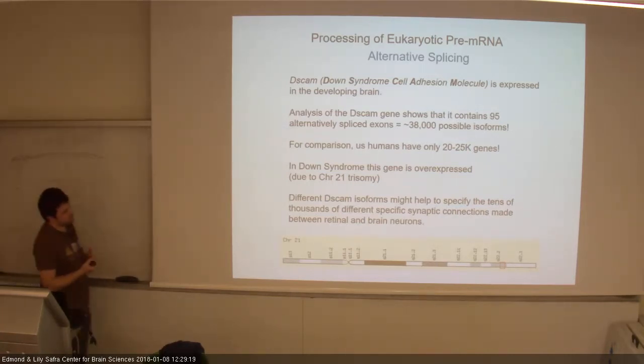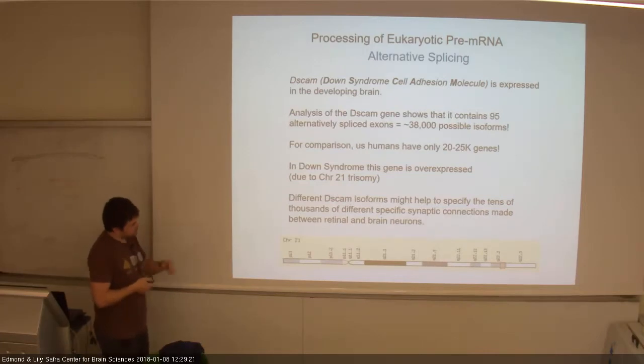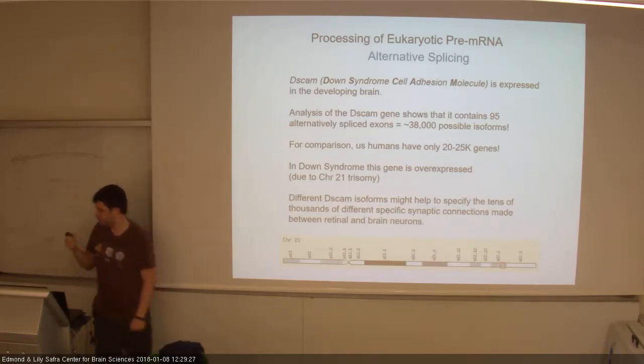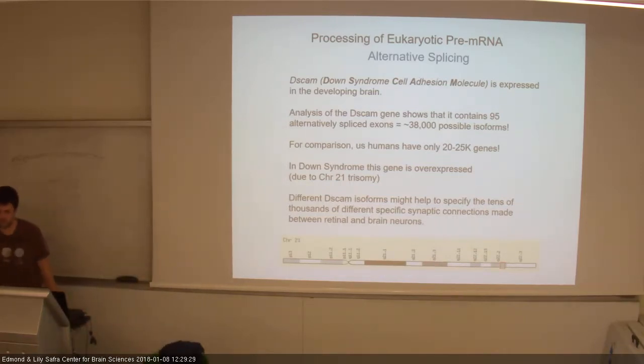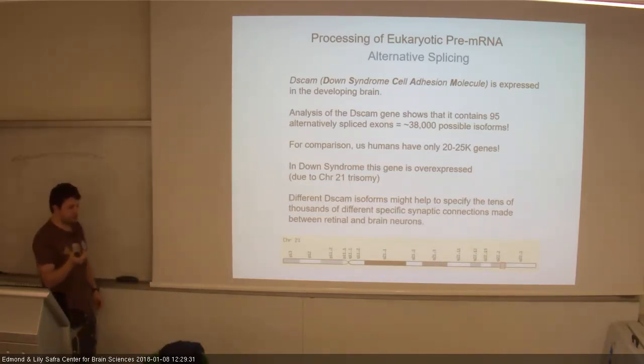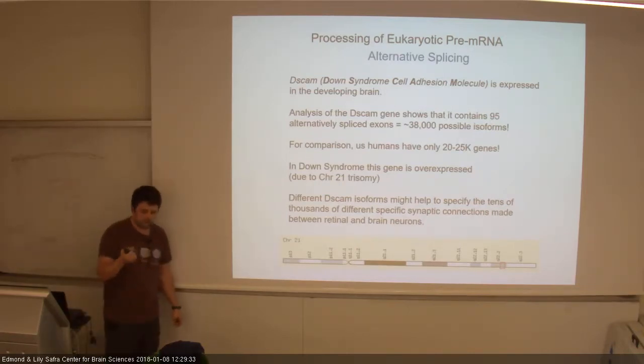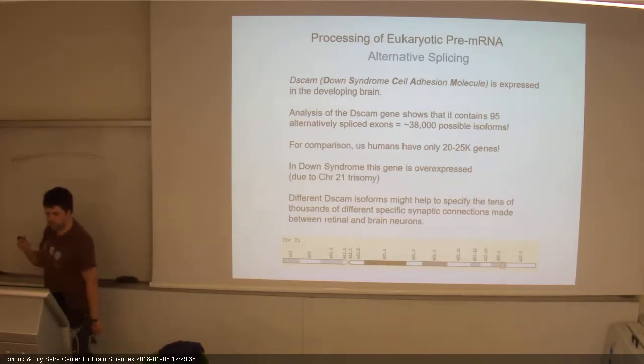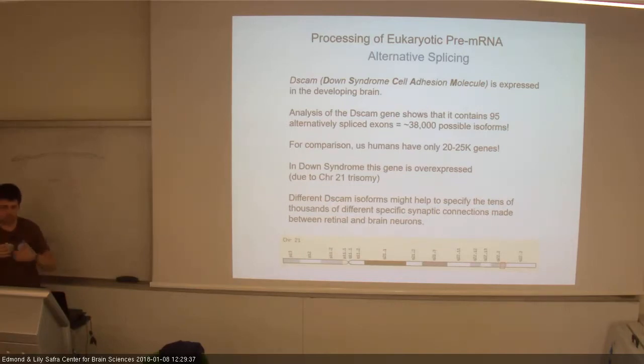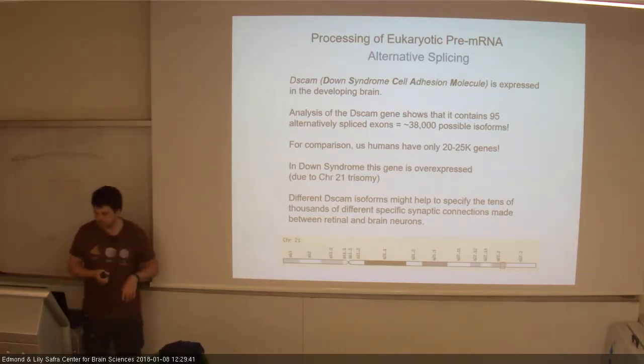Because of that, it's also easy to understand why, if you have an overexpression or an abnormal expression of this gene, it can lead to wrong or impaired connectivity between different neurons in the brain, and cause all sorts of syndromes, including Down